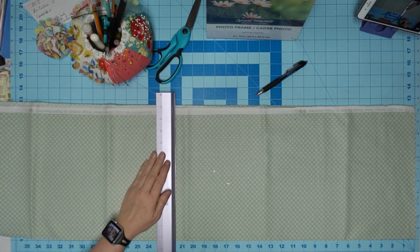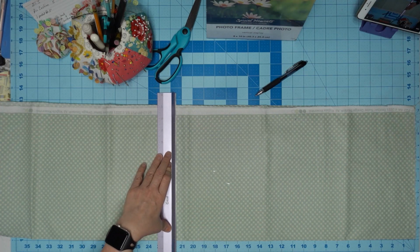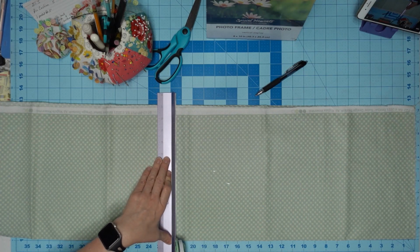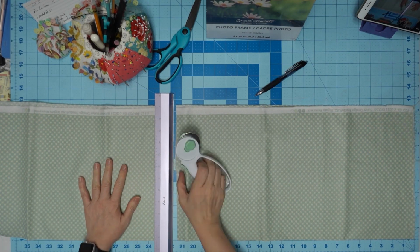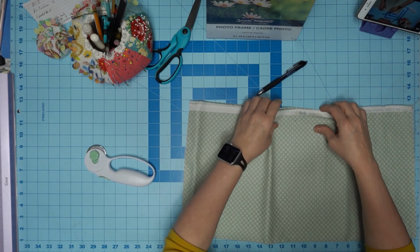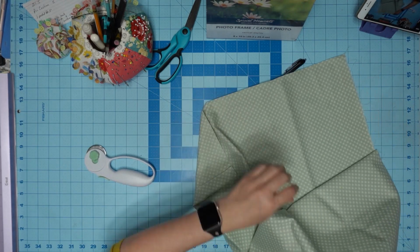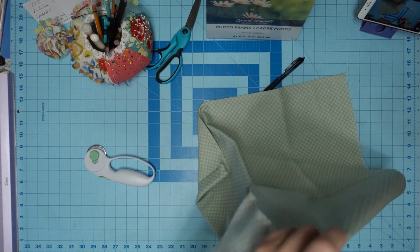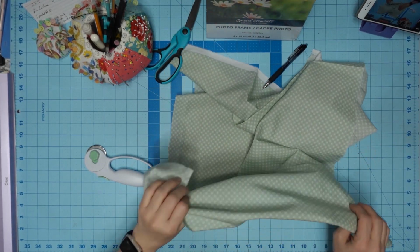So we need 21 and a half inches long. Okay. So I'm going down here on 21 and a half, and I'm going to cut. Now, you need another piece. I'm not using this piece, y'all, but I'm gonna need a piece. So I'm gonna put that one over there, and I need a piece that is